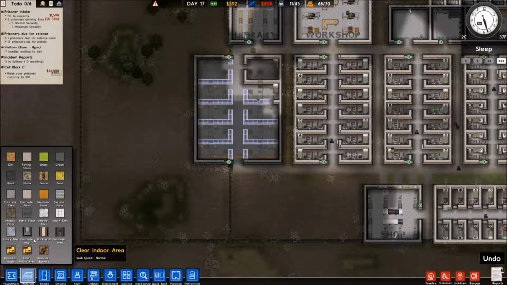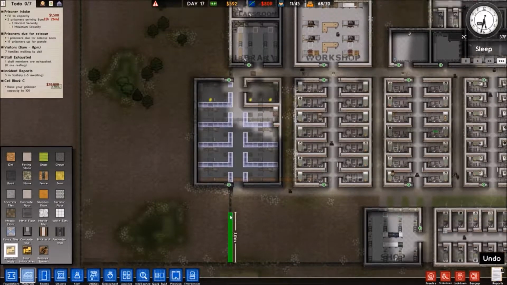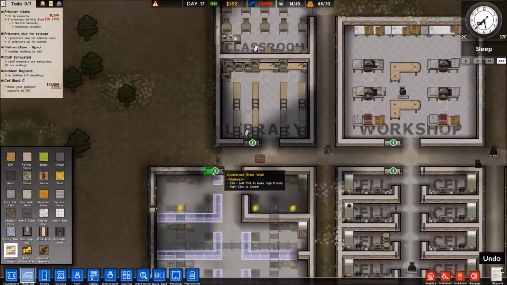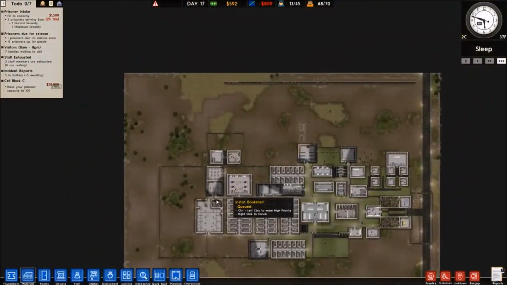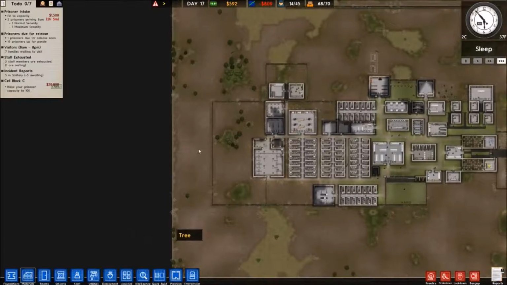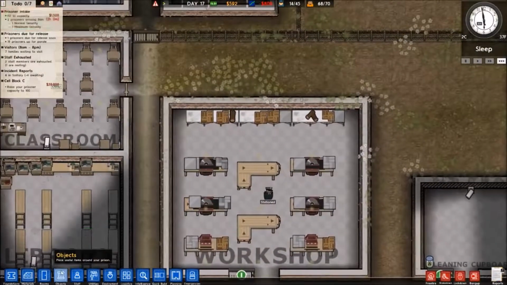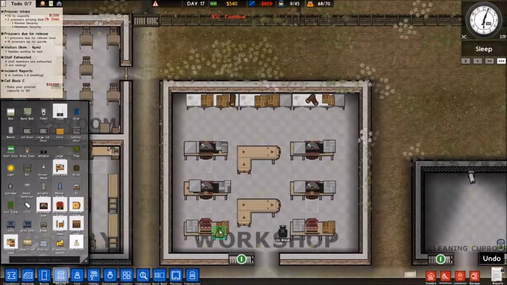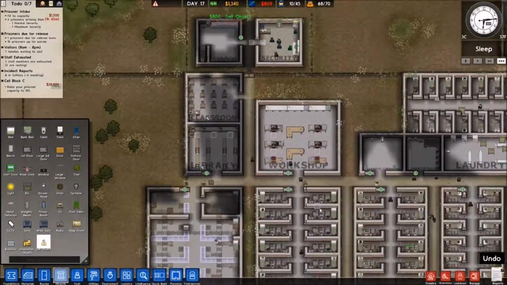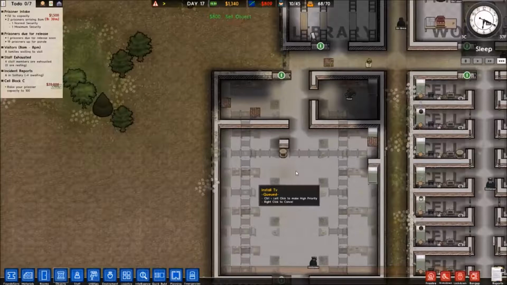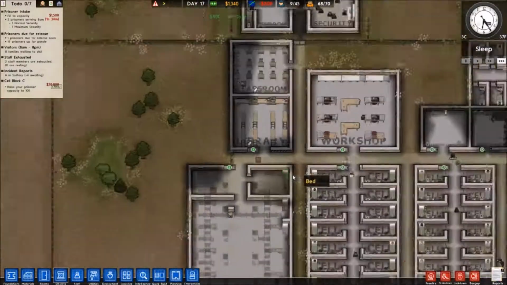And now we'll take down these fences right here, and we'll have a bit more room to work with. Of course, we're probably going to have to end up buying this little bit of land here, because we're running out of space to expand the prison. And gosh knows we got to keep growing. We got to keep doing interesting stuff.